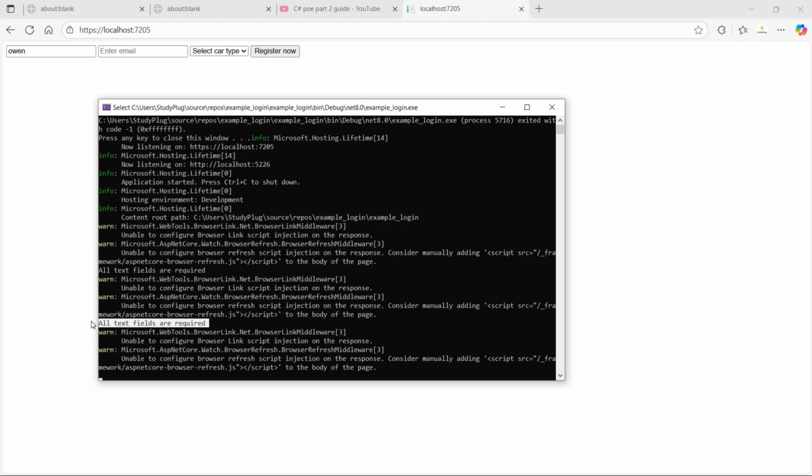But before it was not doing that because we were not using the model state to check if all the conditions are met. So to return this message to the form, you use your ViewBag, and then just display to the form that all the text fields are required. And to auto-show the message, that will be up to you based on how you are taught in class, if you are attending, of course. And then